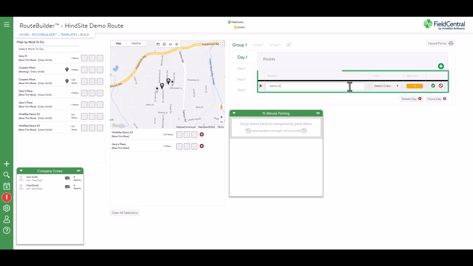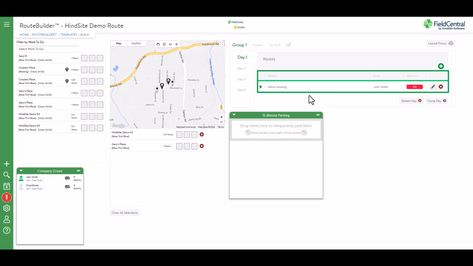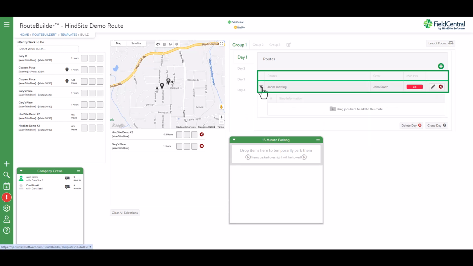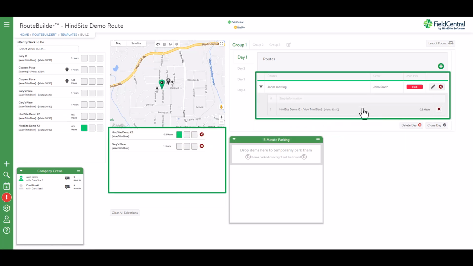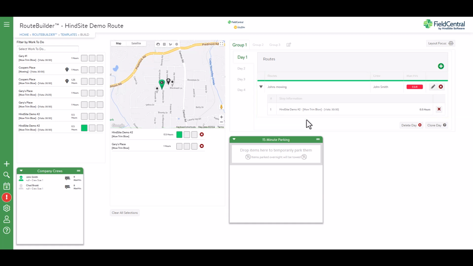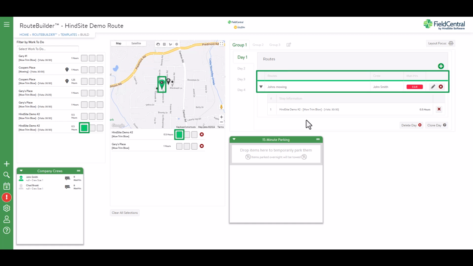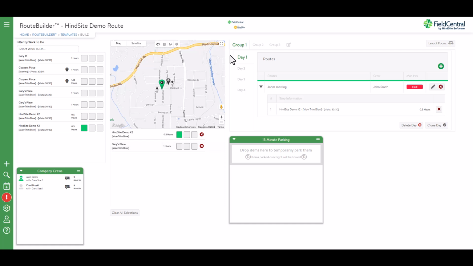Give the route a name and assign it to a crew from the drop-down menu. Displayed will be the man-hours used / available, and the color ribbon above the crew will be to identify which work to-dos are placed on this crew's schedule. To begin assigning work to-dos to the crew, grab the visit from under the map and drag it to underneath the crew. Once a work to-do is assigned, the corresponding crew color will update on all areas the work to-do is displayed. Each work to-do will have color blocks available, one for each group in the given template.